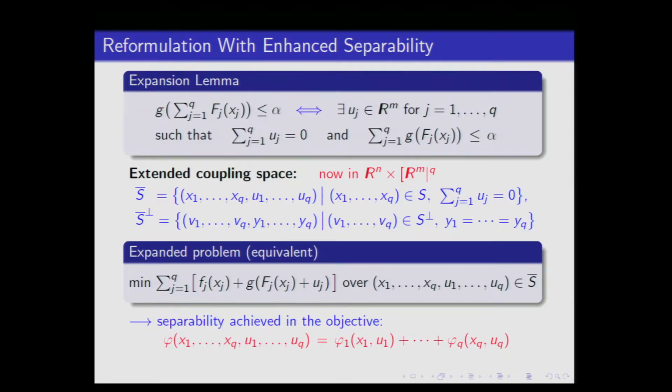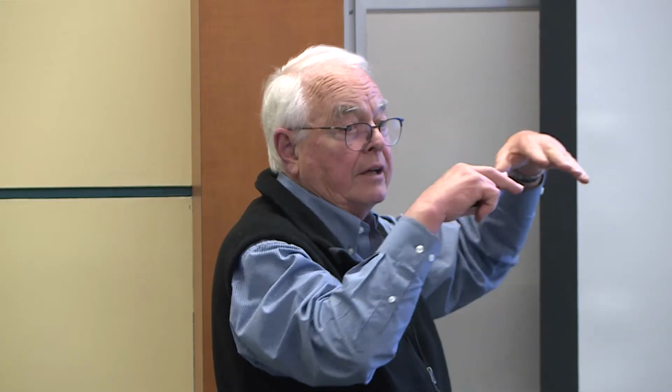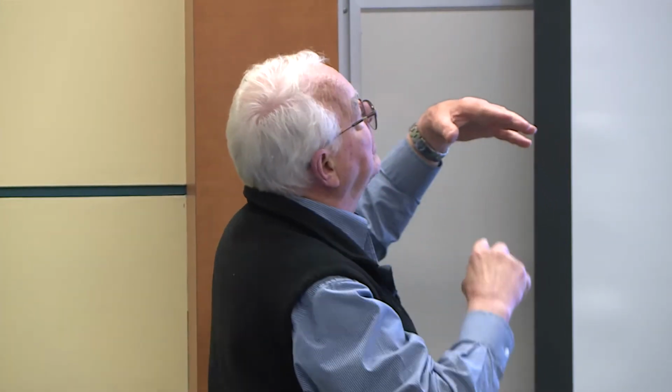Oh, there's something obviously missing here. What I'm supposed to have here at the end is a minus or plus uj in those other terms. So it should be fj plus uj in those other little terms over there. And then those uj's add up to 0. So basically, I'm able to take that thing and split it into a sum. So now I have a coupling space because I have some additional variables, uj, and they satisfy linear relationships. I can add that to my coupling space as linear relations.